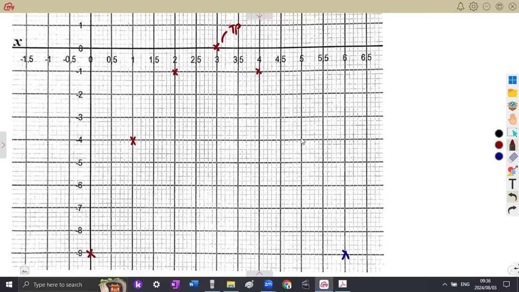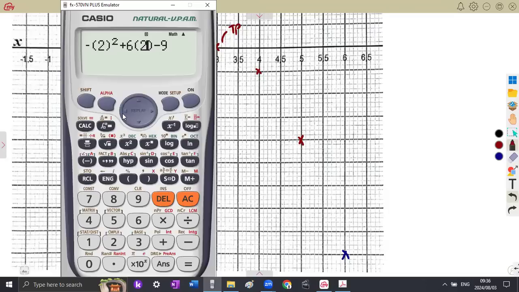5 was going to give you a minus 4. You're going to see that if you substitute these values, 5 like this, 5 like this, you're going to get a minus 4. And also at 4, you're going to get a negative 1. And for here, you're going to get a negative 1. So these ones like 5.5, 3.5, guys, these decimals, you can also try, but these decimals, let's just try 3.5